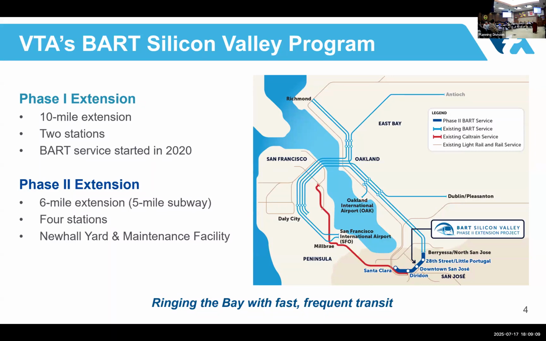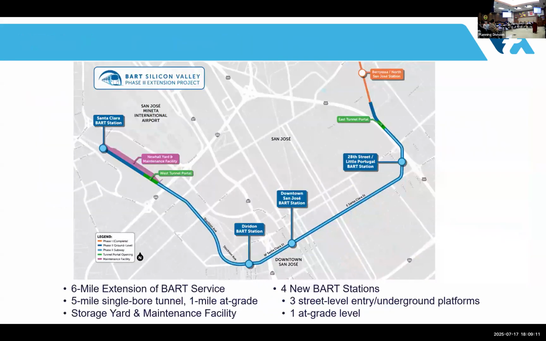So let's zoom in a little bit here. Zooming into the alignment, we have our 4 stations here, starting on the right side of this graphic in orange. This is the Berryessa station in San Jose, and it will continue into a subway before 101 with the first below ground station at 28th Street and Little Portugal in East San Jose. The next station will be in downtown San Jose, also a subway station in the core of downtown between Market and First Street. And then a station connection at Diridon next to the existing Diridon station across from the SAP Arena